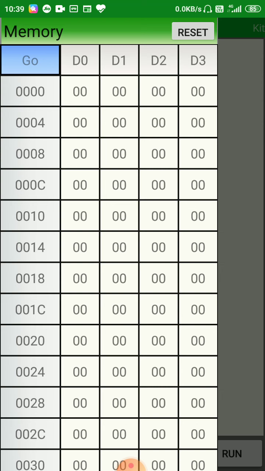Total memory locations are 2 to the power 16, that is 65k. You can use it for your program address and for addressing memory location, and data is stored in the form of 8-bit.